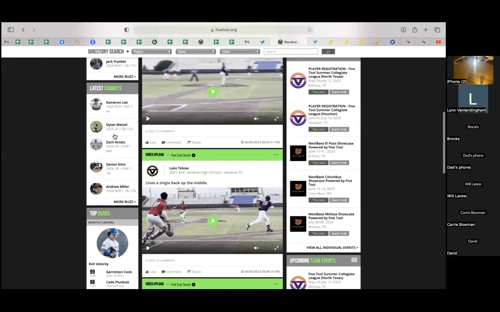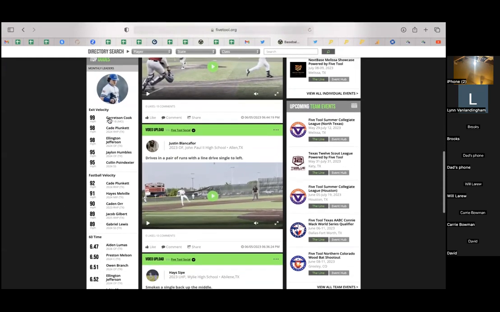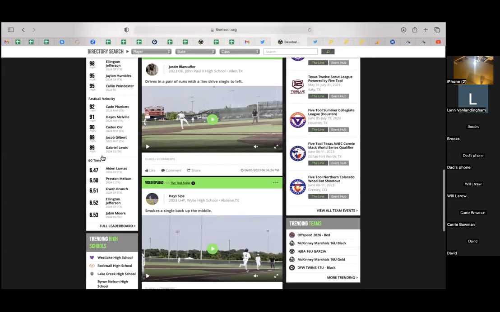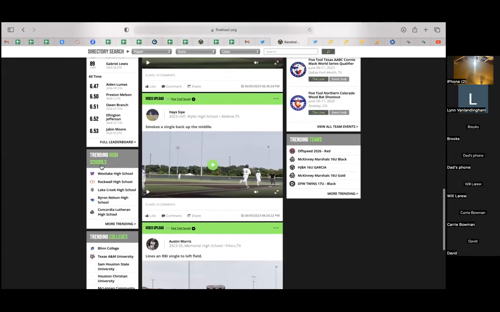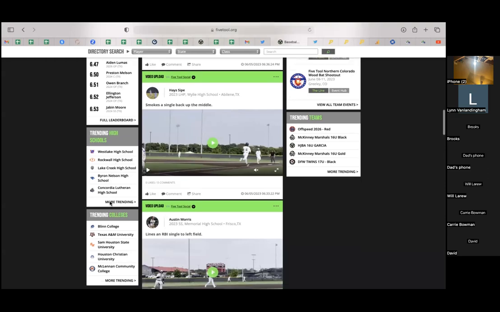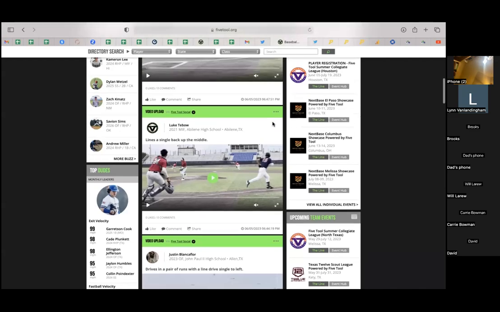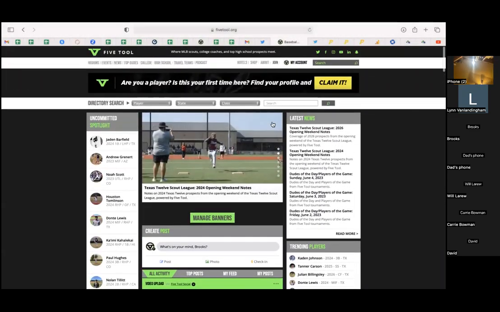And then anytime a player commits, they go into our latest commit section here, and you can click here and see the school that they committed to. And then these metrics that we're inputting will pop up for monthly leaders as well. So you guys will start seeing some of your players pop up here as we get those inputted. And then some of these other trending items here are just based on clicks. So, Westlake High School and Rockwall are the ones that are getting the most clicks, and their kids are coming to watch it more. And then, same thing for the colleges and trending teams. So I think those are the main highlights.